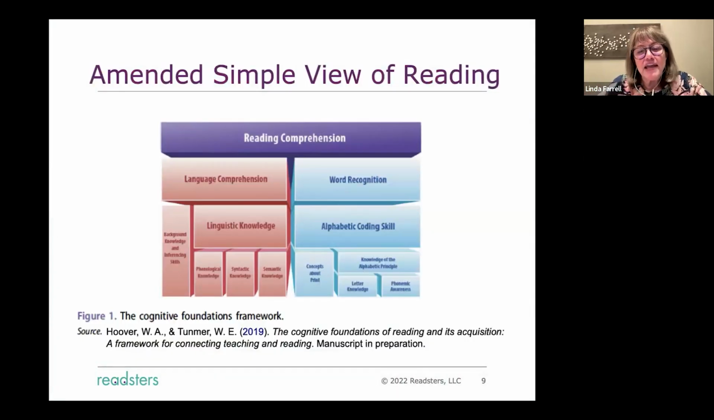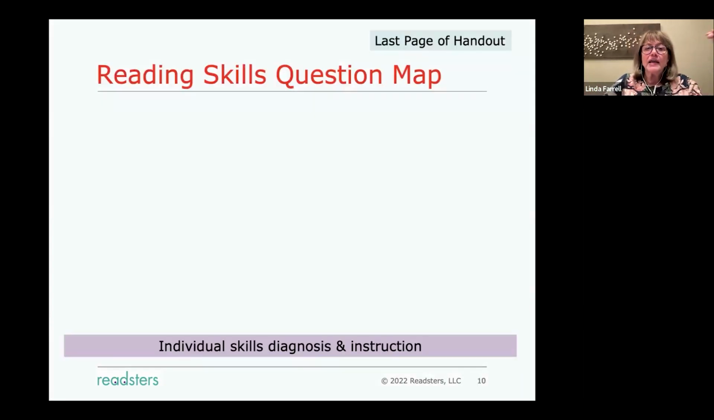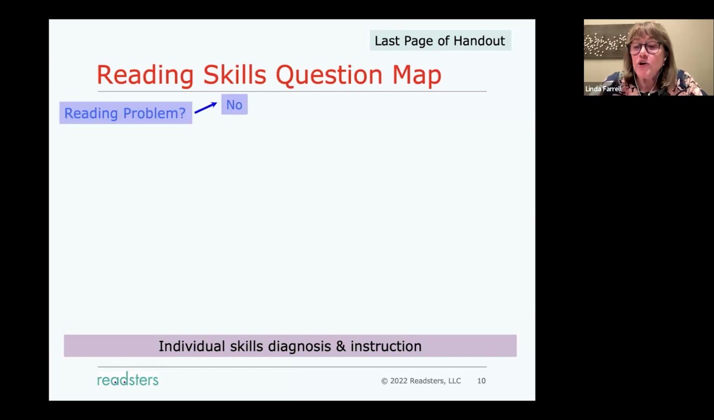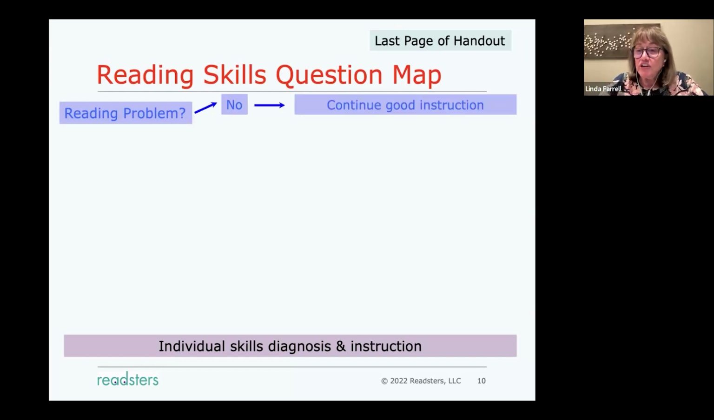So if you have a student who is a struggling reader, and someone comes to me and asks, Linda, my third grader didn't do very well on the state test. What do I do? Well, I don't know, because I have to answer questions. The first thing I have to say is, is there a reading problem? No? Then I just continue my good instruction. But clearly, if my neighbor comes to me and says that, and yes, there's a reading problem,